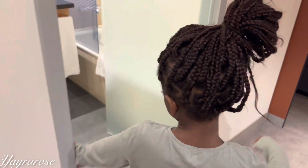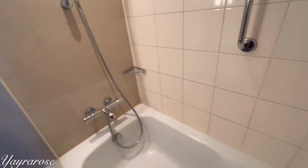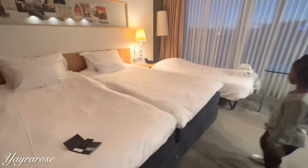This is what our hotel looks like. Let me show you around. Okay, so where is this? This is the bathroom. Look at this bath. Look at the back. This thing so you can't see anybody. This is the bedroom. And there's actually